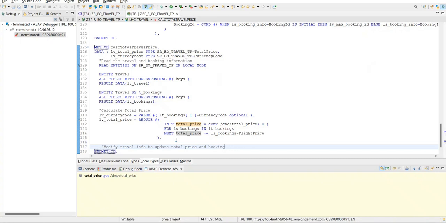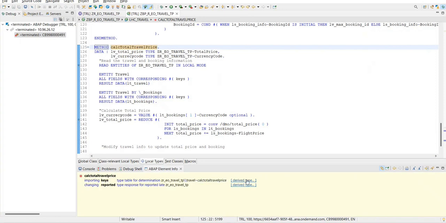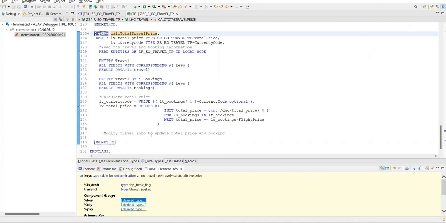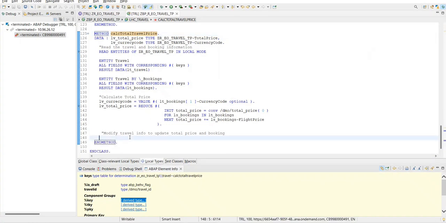Okay, so in this particular case, what we'll do. Here, as you can see, I would have a calculate total price in as a part of which I would have all the information. Very nice information over here is a percentage key. Here we are not required to pass anything specifically. Instead, it will take the key parameter. So what we'll do is we'll simply say modify entities